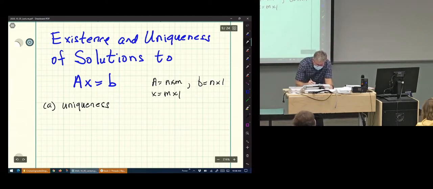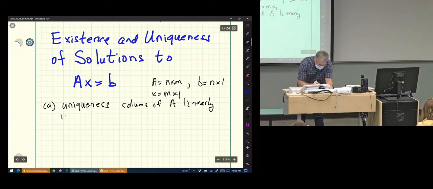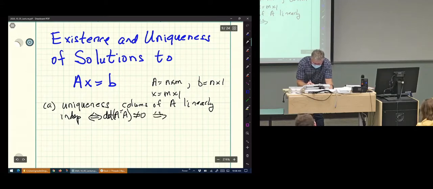Uniqueness, we look at, so that's columns of A linearly independent, and that's if and only if determinant of A transpose A is not equal to 0, and that's if and only if I do my beautiful